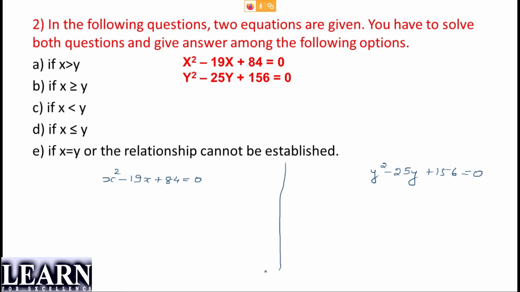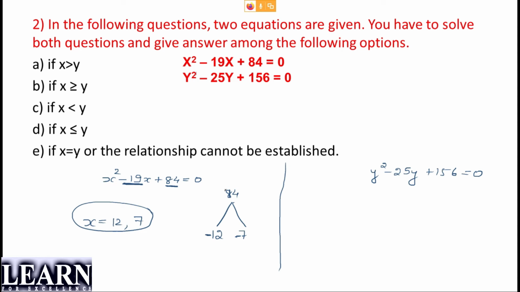12, 7 times. Okay, good. So this is 84, and if I'm going to split this, it's 12 and 7, and I have already told when this is negative, this should be negative. When the central value is negative, the bigger value should be negative. So if this one is positive, then both numbers should be negative. So what is the value of x, guys? X will be 12 comma 7. Actual answer is negation of the branch values. Good, Lakshmi. Answer is 12 comma 7.